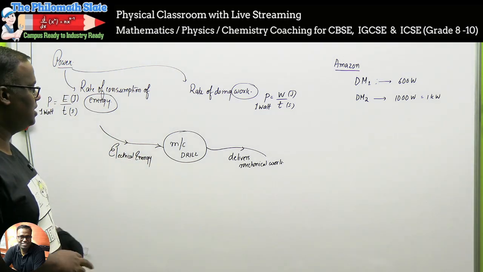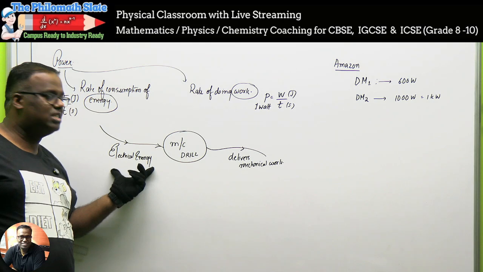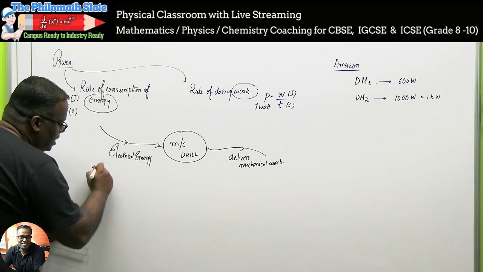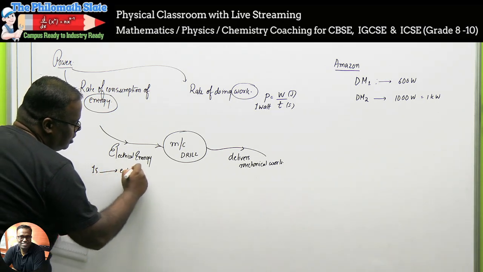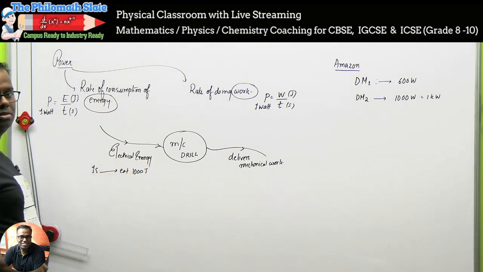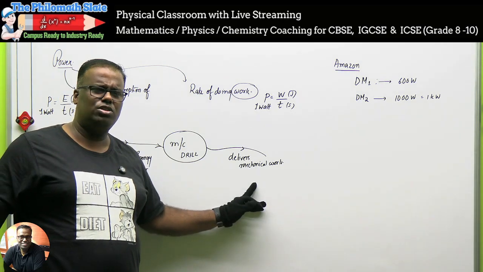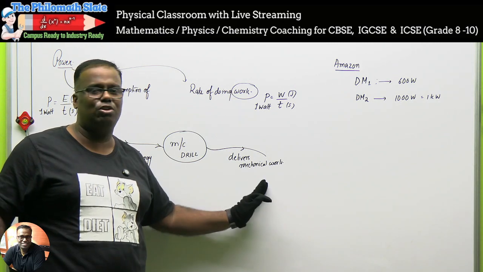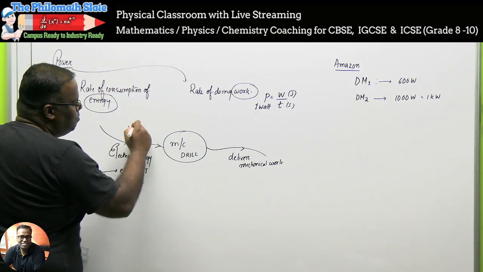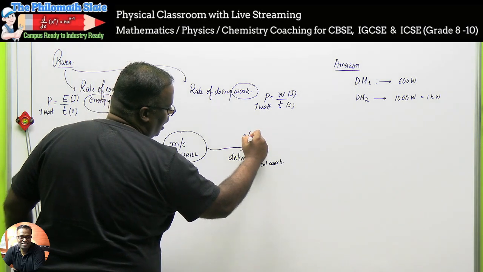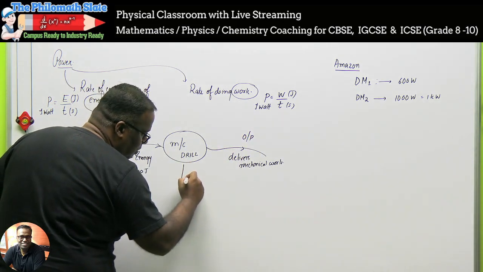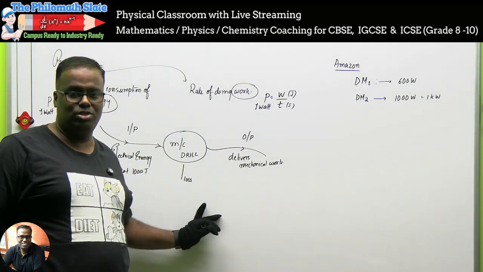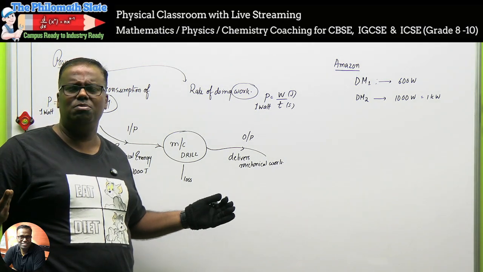Now the question arises, if a machine eats, what does 1000 watt mean? A 1000 watt machine means in 1 second, it is going to eat 1000 joules. Will it deliver 1000 joules? Never. No machine can deliver the same amount of power. This is your input power. This is your output power. There will be some power loss here. The machine will make sound, it will heat up. Those are losses. Power means energy per unit time.